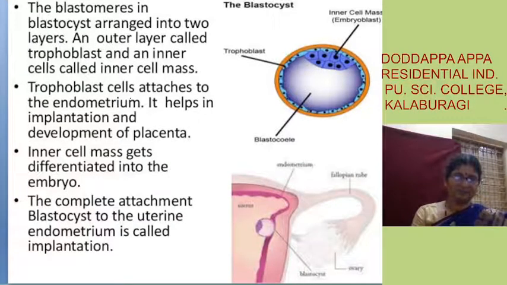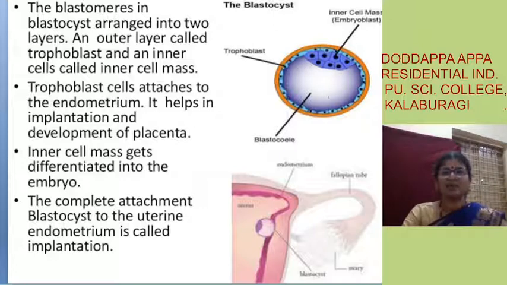See, when the embryo will reach the blastula stage, the blastocyst stage, the structure looks like this. The upper outer layer of cells is called trophoblast. Fine, it is called trophoblast, and this cavity is called blastocoel, which is filled with fluid, and on one side you will see the inner cell mass, or it is also called the embryonic mass of cells. This is going to form the embryo.